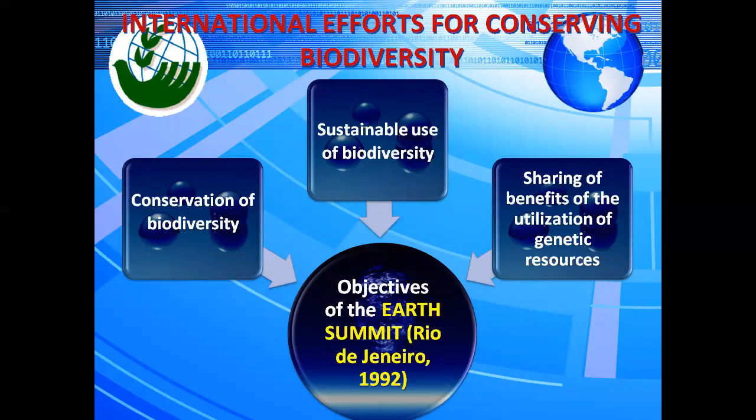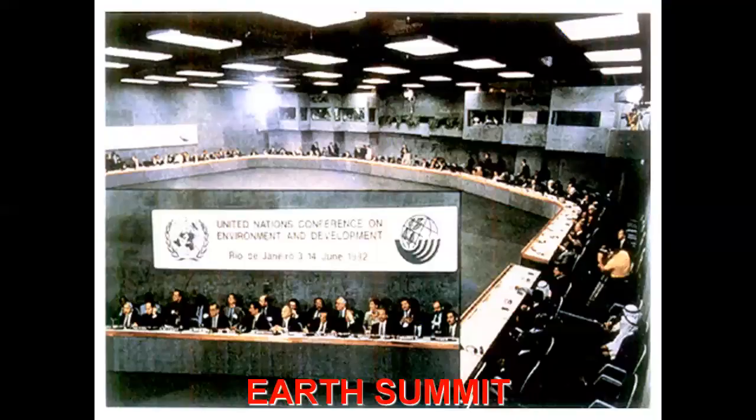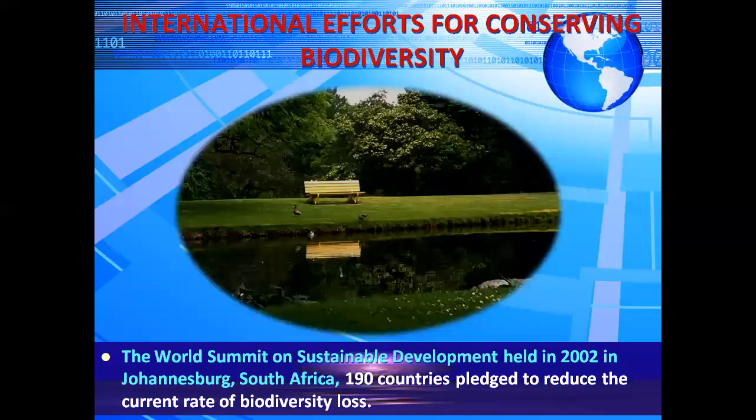are the objectives of the Earth Summit, Rio de Janeiro, 1992. This is the Earth Summit where they signed. The World Summit should be remembered independently. That means this is an area where more productive questions will come. The World Summit on Sustainable Development was held in 2002 in Johannesburg, South Africa. 190 countries pledged to reduce the current rate of biodiversity loss. Okay, so the more productive area we can see from the examination point of view, but here